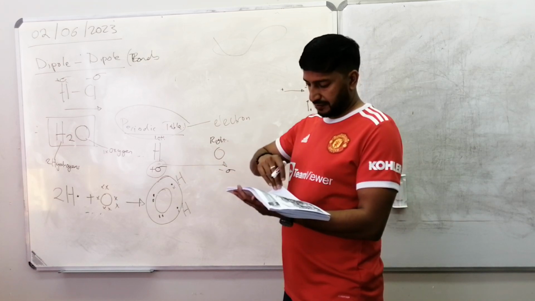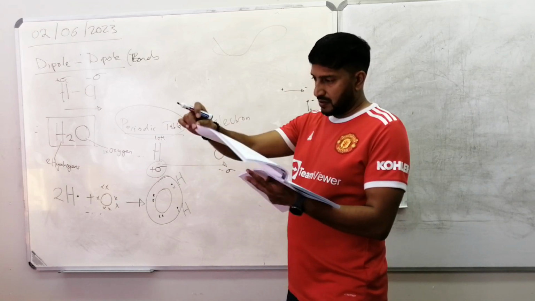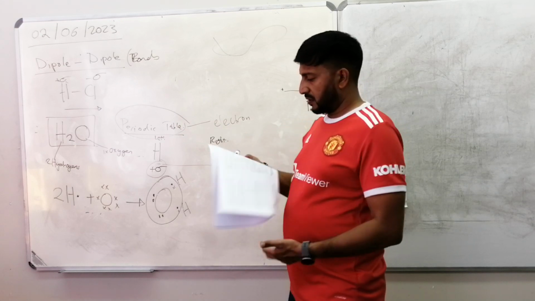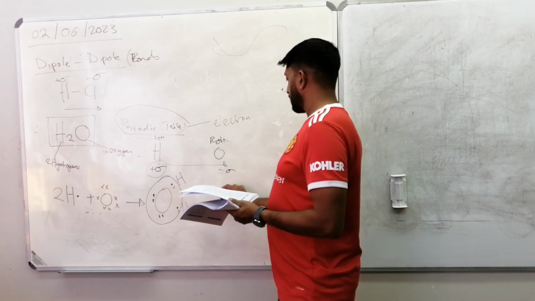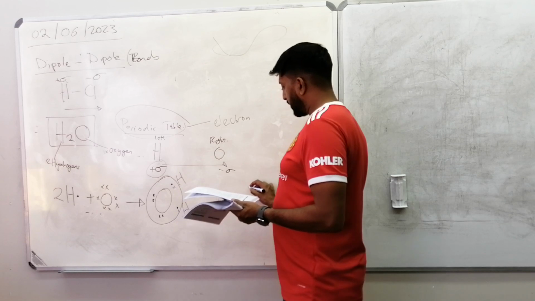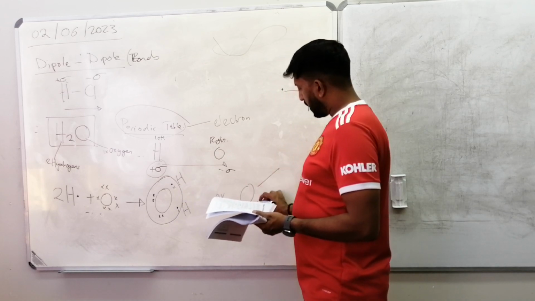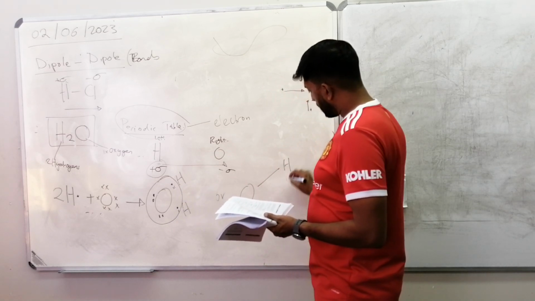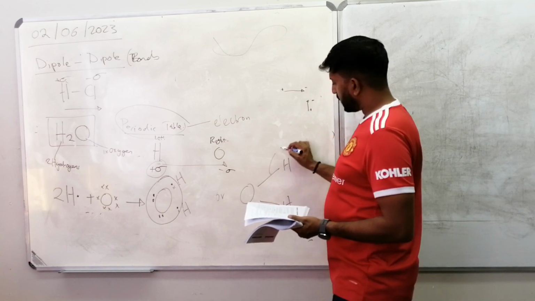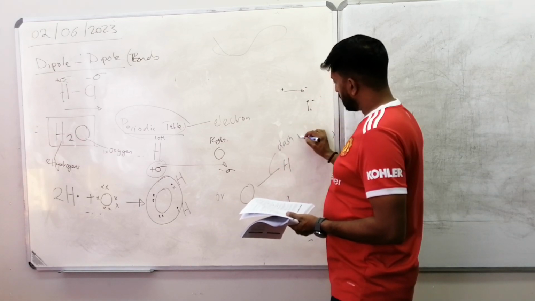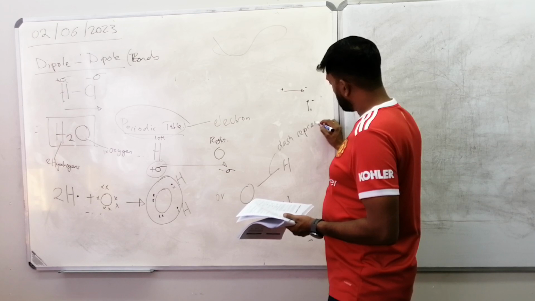So you've got the O here, and the bond can be shown by a dash line. Dash line represents